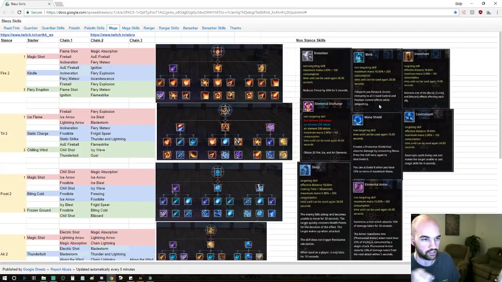Blink. This is Mage's old shift skill. Teleports you forward. Grants immunity to all CC and position control effects while TPing. This doesn't say that it gives you an iframe. It does give you an iframe on JP, so I would like to think it still gives you an iframe,